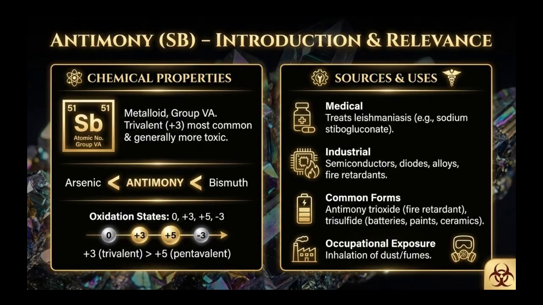Industrially, elemental antimony is used in semiconductor devices, infrared detectors, and diodes. It is also commonly alloyed with metals like lead, copper, and silver to enhance their hardness, mechanical strength, and resistance to corrosion. Antimony trioxide is widely applied as a fire retardant, and antimony trisulfide is used in lead batteries, paints, ceramics, and glass. Occupational exposure to antimony primarily occurs through inhaling dust or fumes generated during processing or recycling activities. Such environments often contain other toxic metals, including arsenic and lead, which can compound the health risks associated with antimony